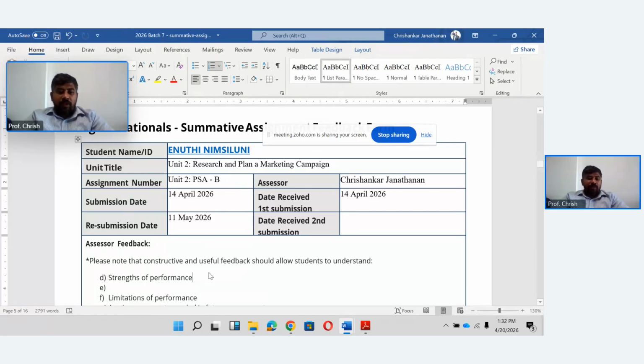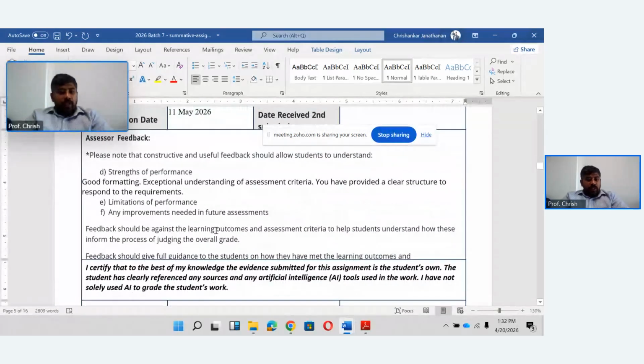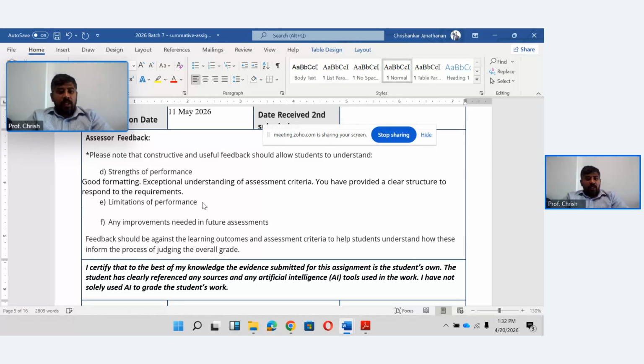So strength of performance is good formatting, exceptional understanding of assessment criteria. You have provided a clear structure to respond to the requirements. That's great, really great. Limitations. Let's see if there are any.